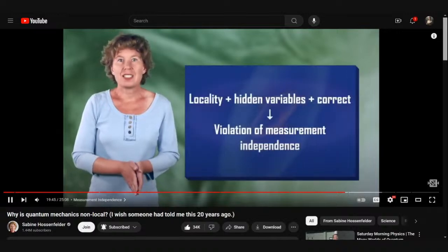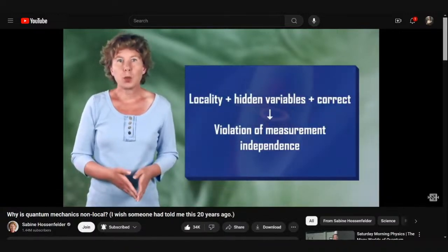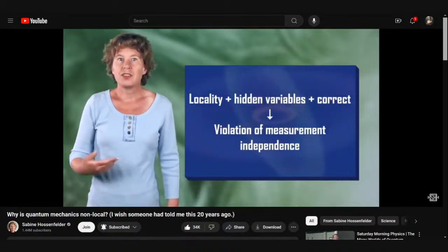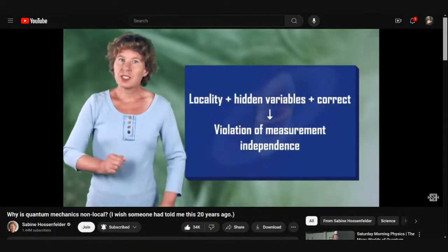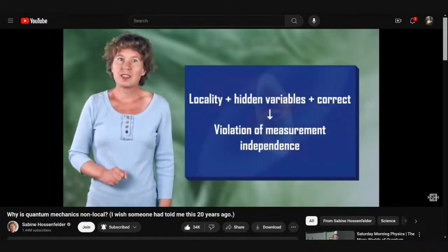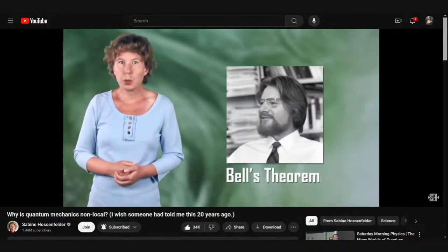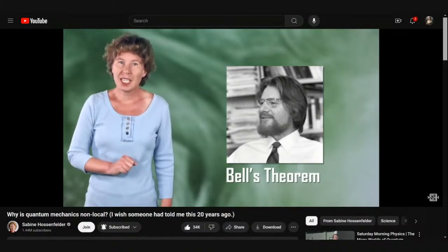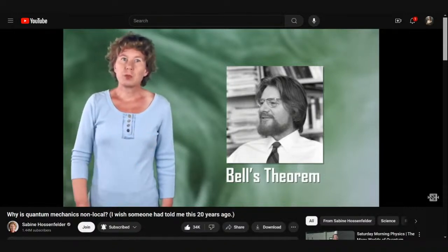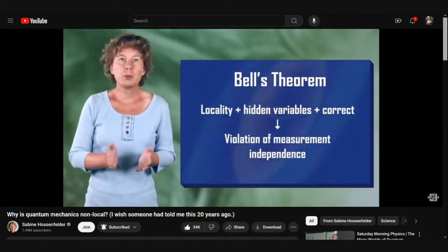So the lesson is, if we want a local hidden variable model that reproduces quantum mechanics correctly, then it needs to violate measurement independence. This finally brings us to Bell's theorem. I'm not going to explain Bell's theorem because you've already watched 20 videos about it and it didn't help. I'll just tell you what it says. Bell's theorem says if you want a local hidden variables model that reproduces quantum